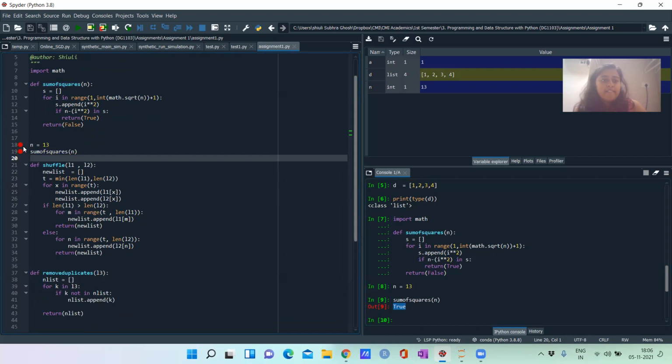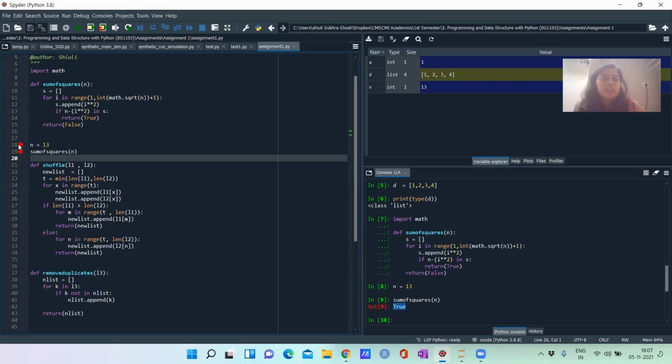Here, in this line, you can see that there is a red dot appearing. From whichever line to whichever line you wish to debug, you just click on it, and one red dot is there. And the next line, I wish to check what is happening inside sum of squares, so I'll put another red dot here.